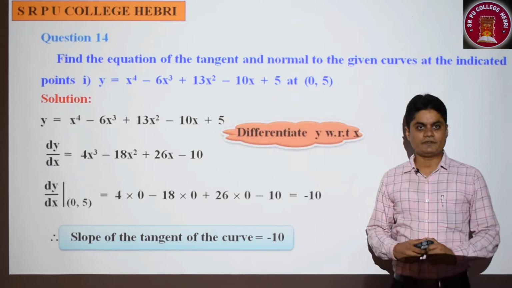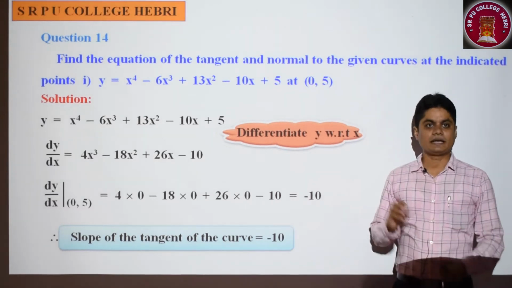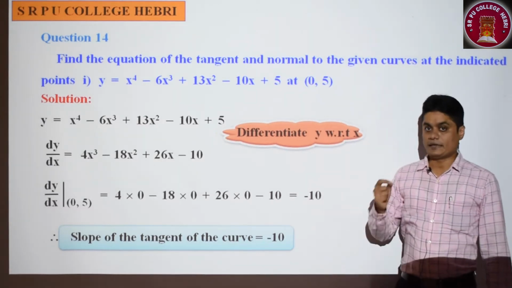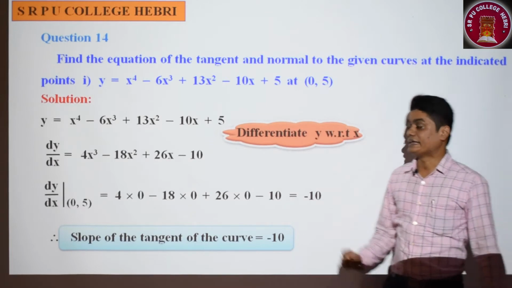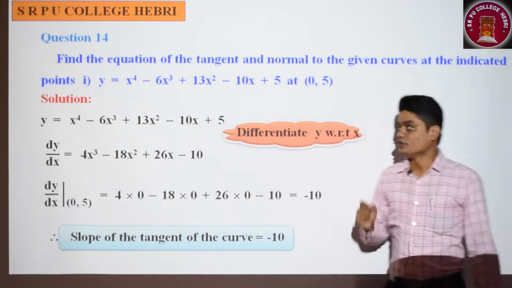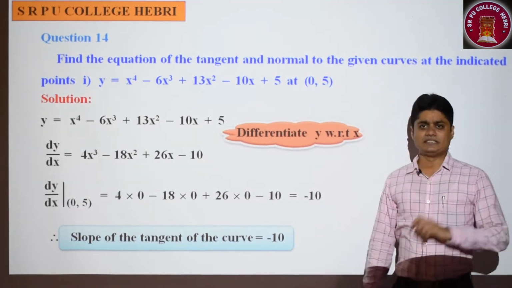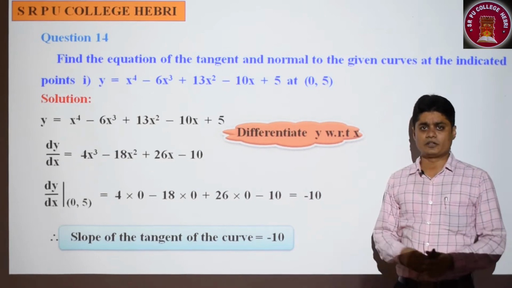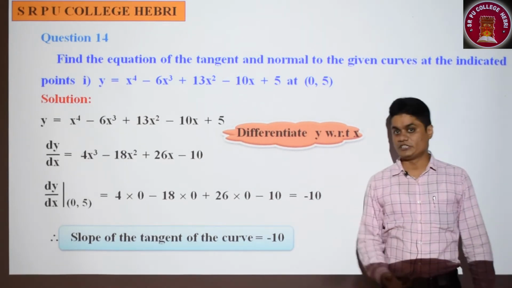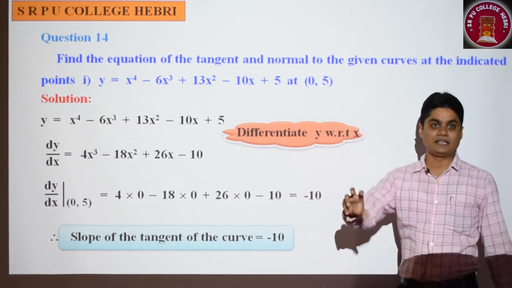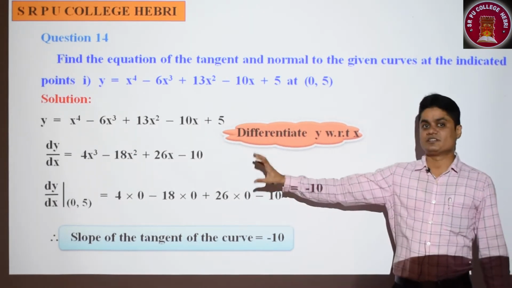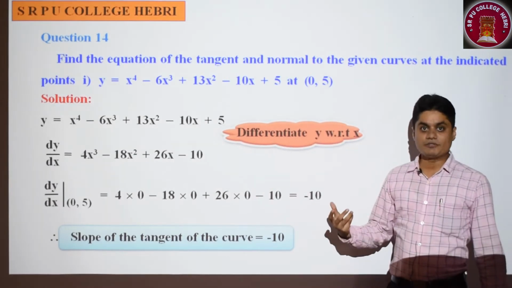I hope everyone is fine. So we will continue the application of derivatives problems. I hope you remember we are in tangent and normal. We already solved so many problems in this exercise, where we've got the slope of the tangent, the slope of the normal, and found the points on the curve where the slope of the tangent is something. So it's a continuation of that.